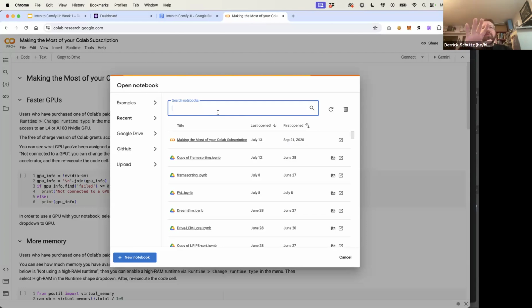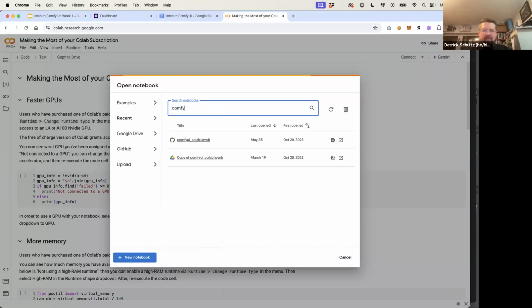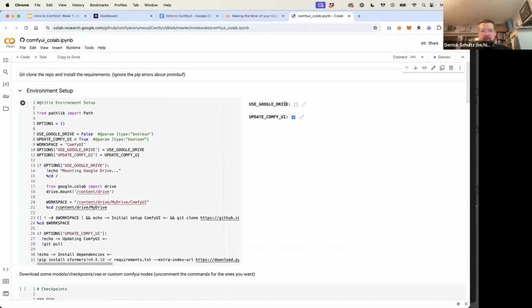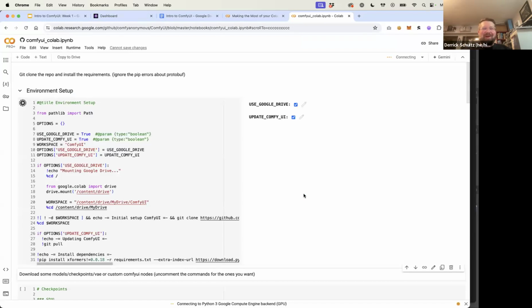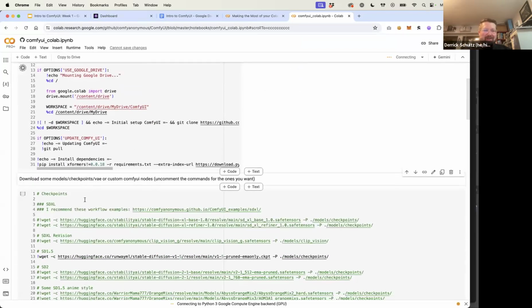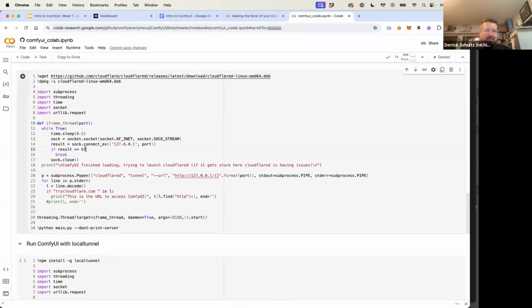If that works better, I know some of you, like Sean's a Colab person, I know some other folks are. So if it ends up being easier to do it this way, I might just send people this stuff, but it's gonna be kind of a headache for us in the future. So there's a Comfy GitHub page, and I'll just run all this. Hopefully, at least I can show you how the tool works, then we can figure out what the better solution is for everybody. I don't need any of this stuff.